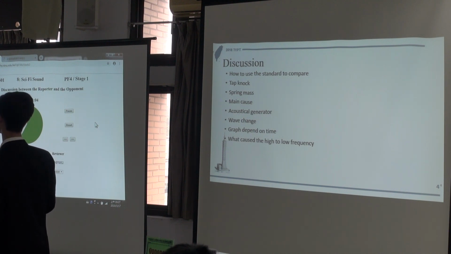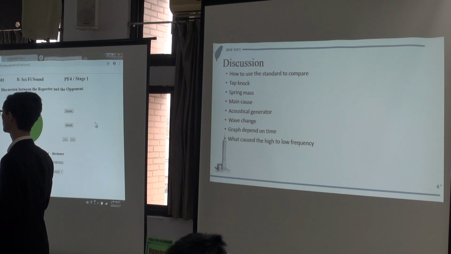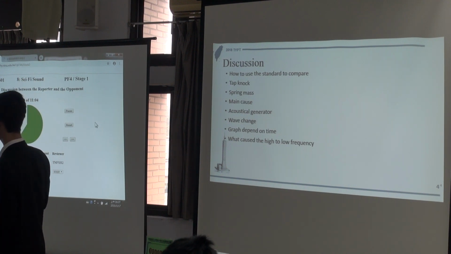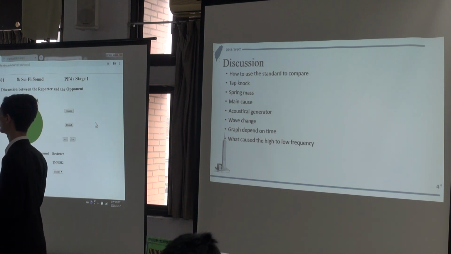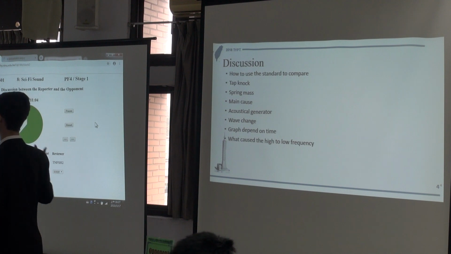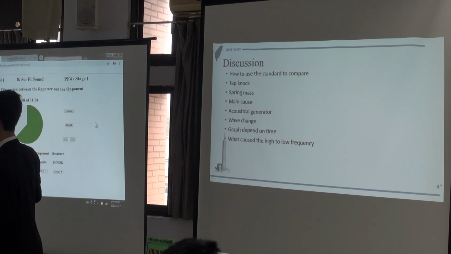I think it's about my theory, sound dispersion, and if the sound hits the middle of the spring it will split into high frequency and low frequency, and that's why high frequency will form. So what properties of the spring, like mass, density, length, cause the high to low frequency? The pitch and the